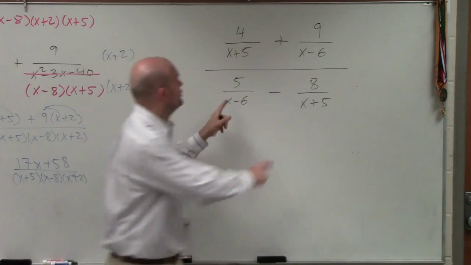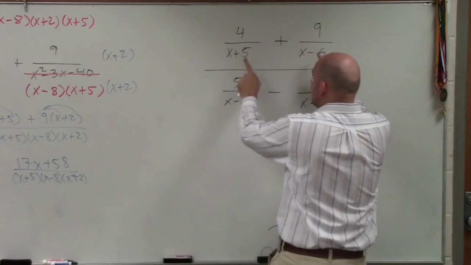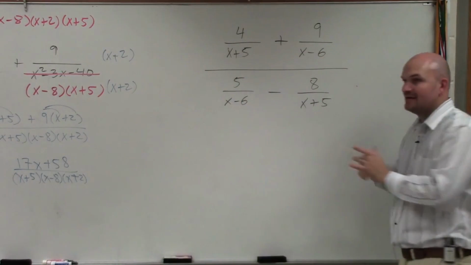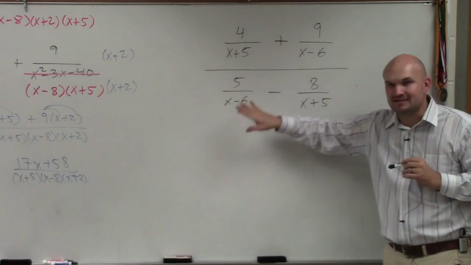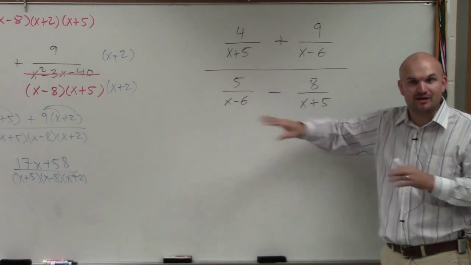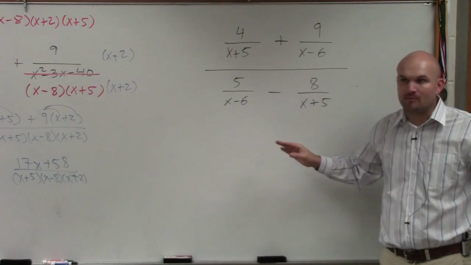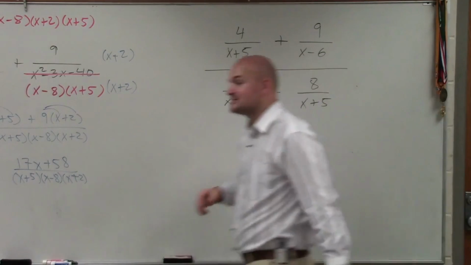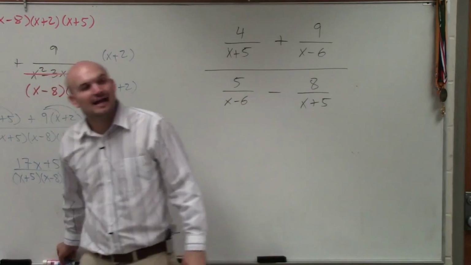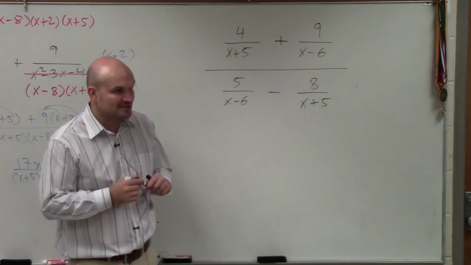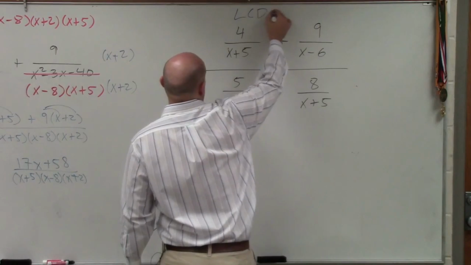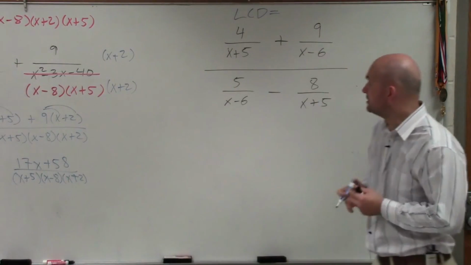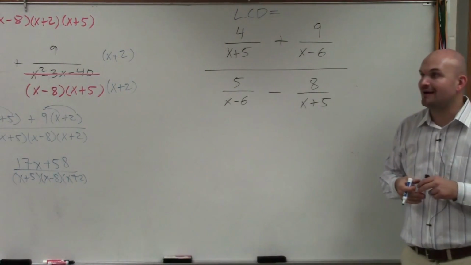You could add these if you like, and then subtract these, and then combine them. But whenever I have variables in the denominator, I want to get rid of them. So I'm going to determine my LCD and multiply everything by it. The LCD, or least common multiple of my denominators, which we call the least common denominator, is going to include